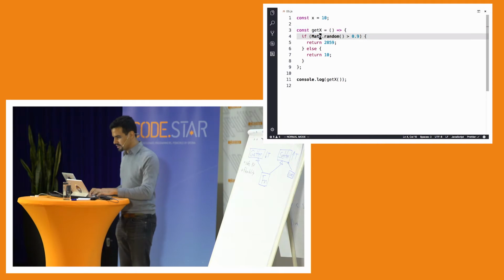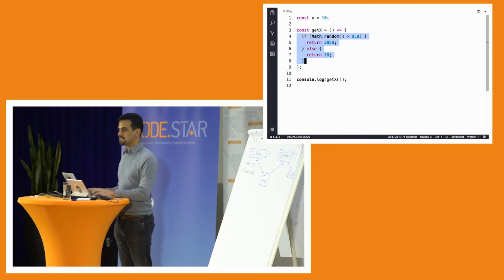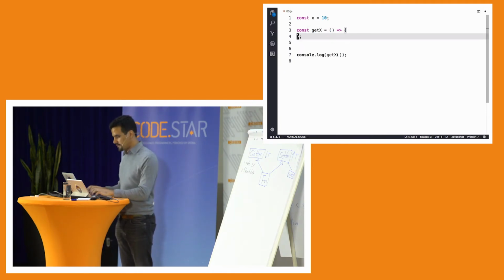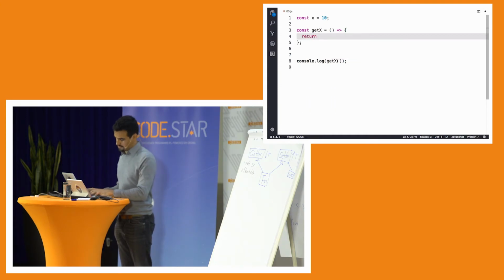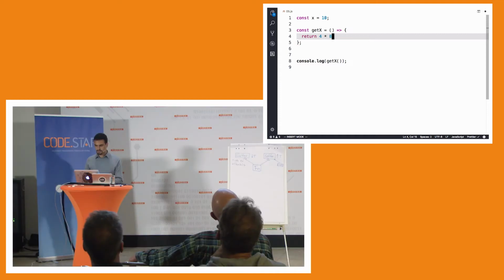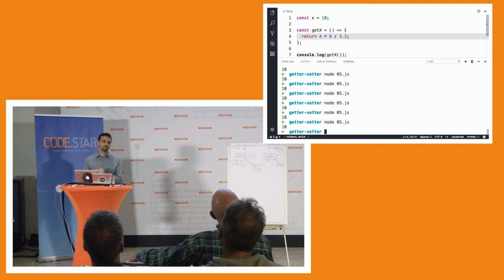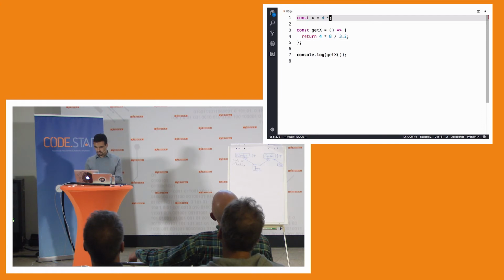Yeah, and the other thing that we get is laziness, right? What if I have here a formula, which is 4 times 8? Sorry, divided by 2. So, I'm doing this computation, but I'm not doing it as soon as possible. I could have done it like here, let's say, but then it means that it does it at that